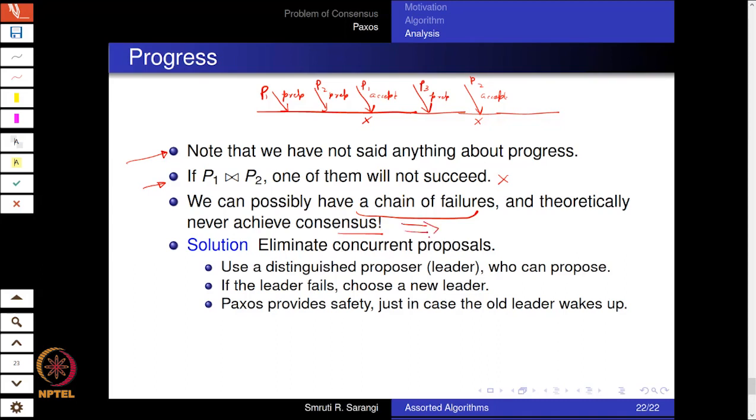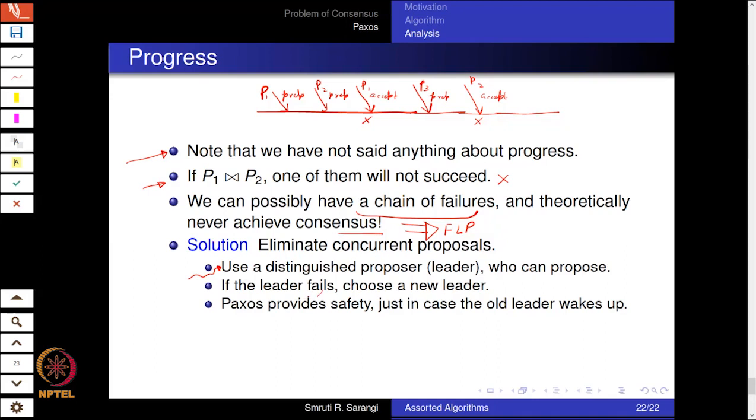So this is clearly in line with the FLP result, which says that we will always find some sequence of actions where consensus is not achievable. But again, liveness was not our aim, because we knew that both safety and liveness are not simultaneously enforceable. So one way is to, of course, eliminate concurrent proposals. We can use a leader who is only allowed to propose. Similar ideas have been taken up by later consensus proposals to simplify things. Of course, we still cannot find a way around the FLP result, so no point in trying.